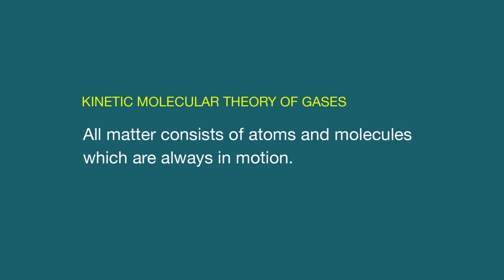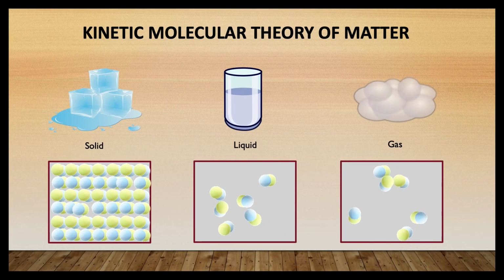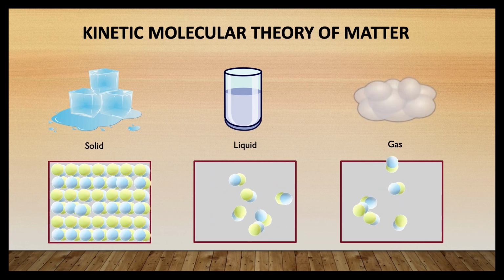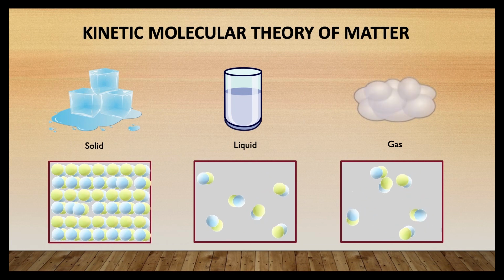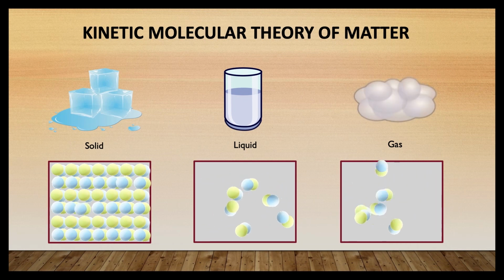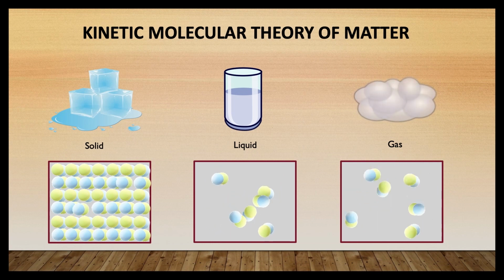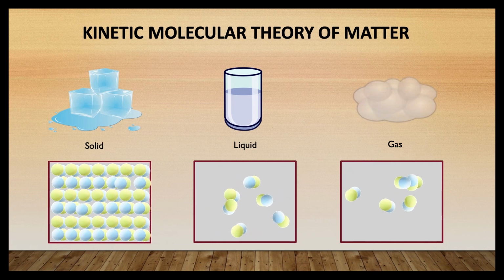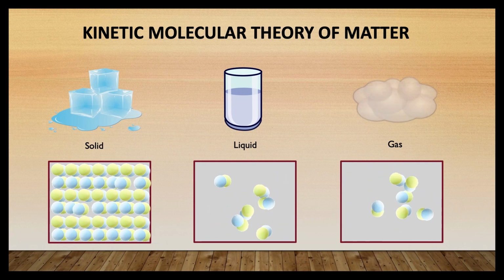The kinetic molecular theory basically states that all matter consists of atoms and molecules which are always in motion. That means these particles have some amount of kinetic energy. At higher temperatures, the particles have high energy, and at lower temperatures, the particles have less kinetic energy. The more energy the particle has, the faster it will move. In solids such as ice, the particles hardly move at all and hold a regular pattern because energy is low and the particles are tightly packed. In liquids such as water, the particles have more energy and the freedom to move around. Liquids have the ability to flow and fill the shape of any container they are contained within.